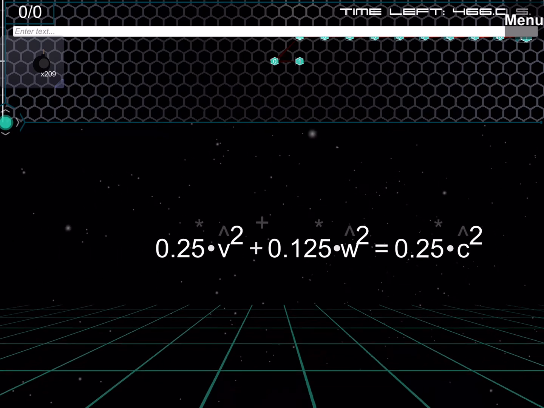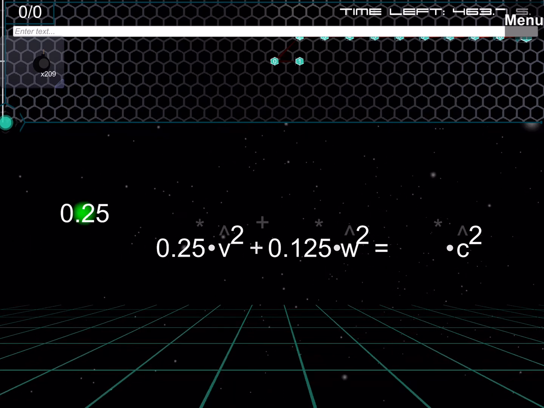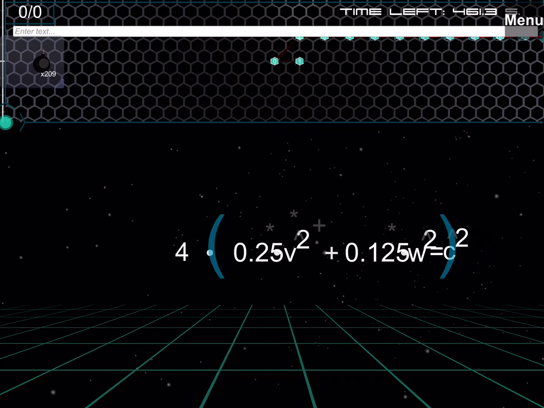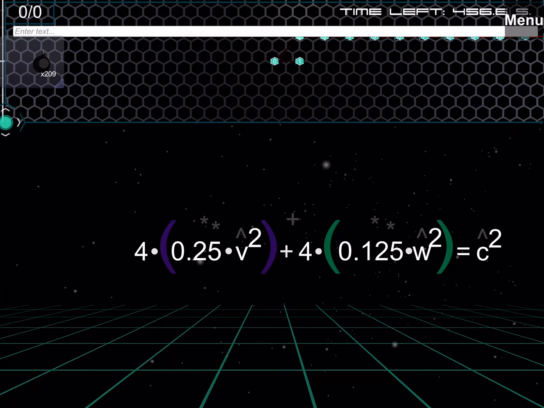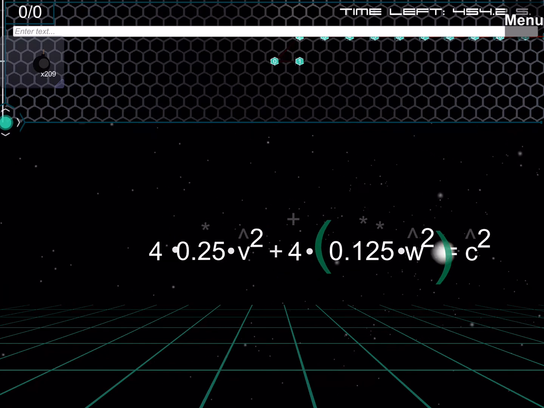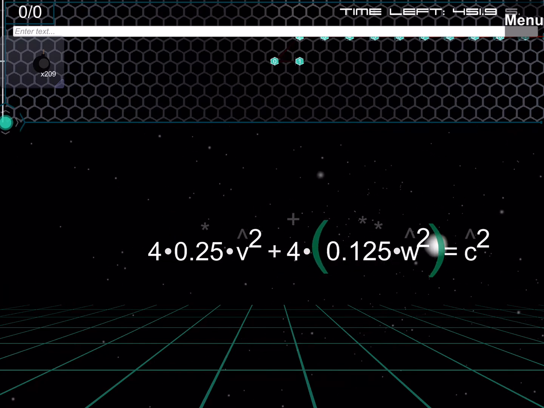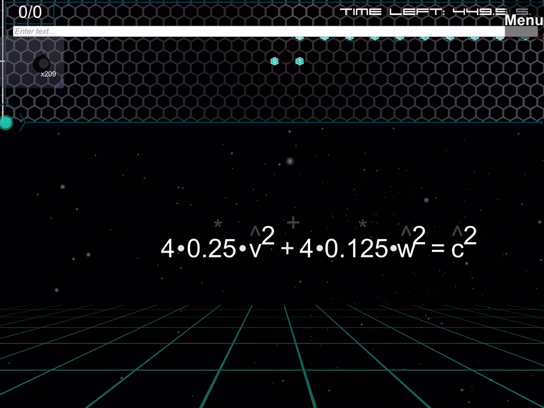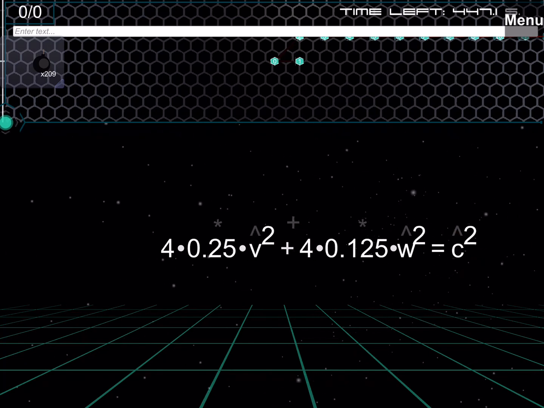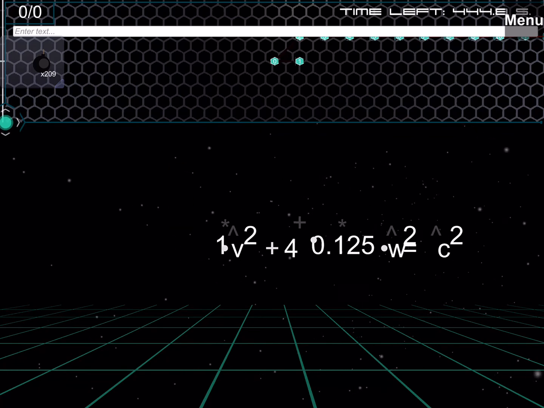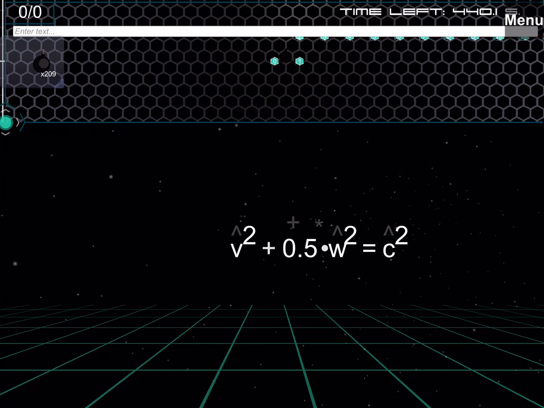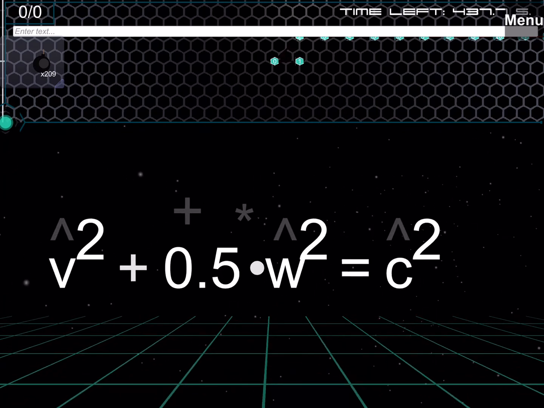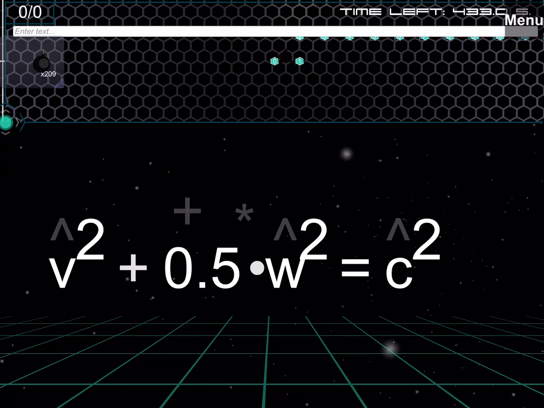and we can simplify this even further. I can move this to the other side. That becomes 4. We distribute the 4 into the two terms, remove extra parentheses I don't need, and now I can do more calculations. They multiply to 1, and they multiply to half. At this point, I have done everything I could, and I need to use the second conservation law, which